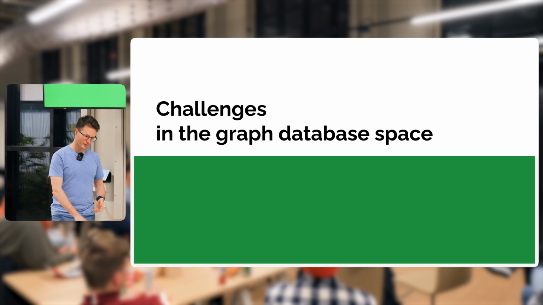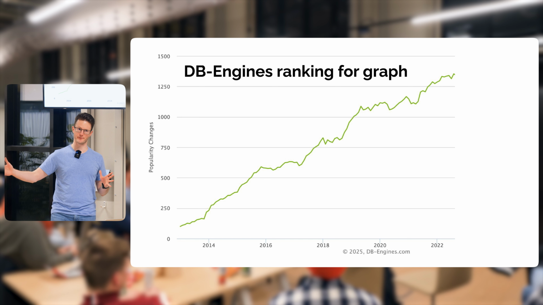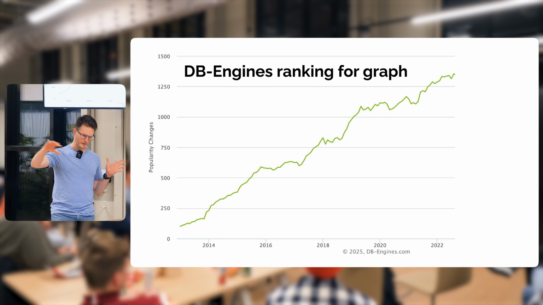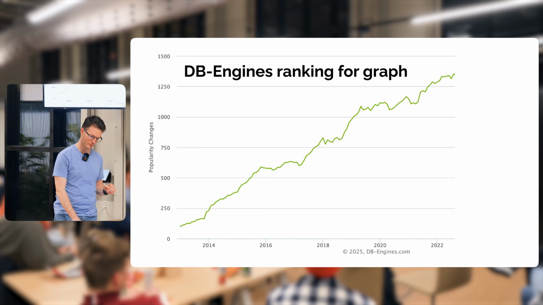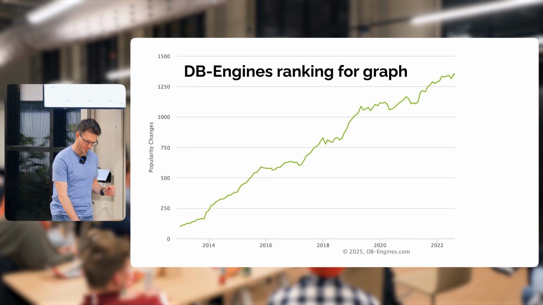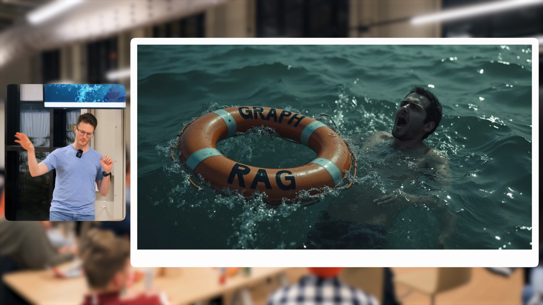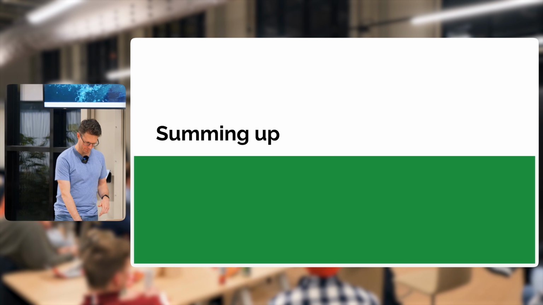So what are the challenges in the graph database space? I think the main challenge is that the hype cycle has moved on before the systems matured. Graph database systems have been getting a lot more popular over the course of 10 years. They've grown to 13x compared to the initial popularity. But they have been on a decline for the last 2 years, which is obviously not great. One thing that the vendors are really interested in is GraphRAG. It's the lifebelt that every single vendor seems to jump on and try to cling to. We'll see whether this will work in the long term.